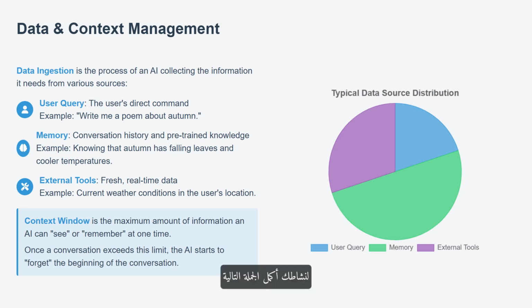For your activity, complete the following sentence by predicting the most probable next word. Twinkle, twinkle, little blank. Now do the same for: the new Marvel movie was absolutely blank. The most statistically likely completion for the first sentence is, of course, star. For the second, context suggests a strong, evaluative adjective. A highly probable word would be amazing or incredible. This shows how context influences the atomic prediction.